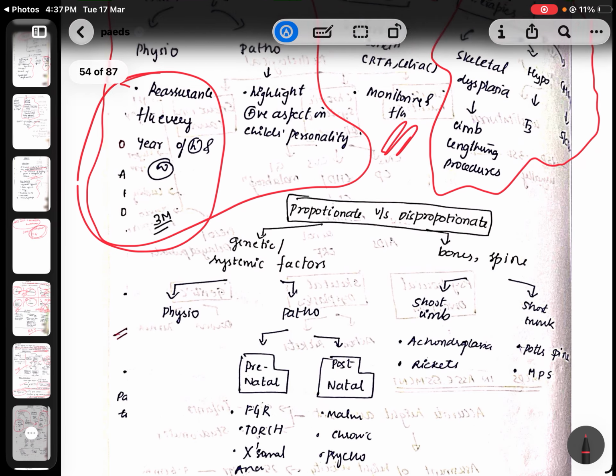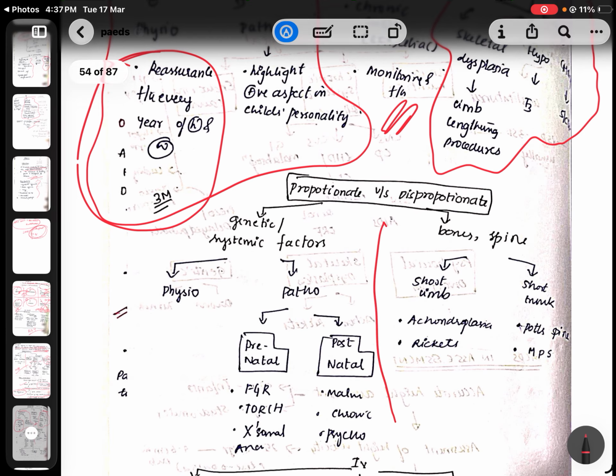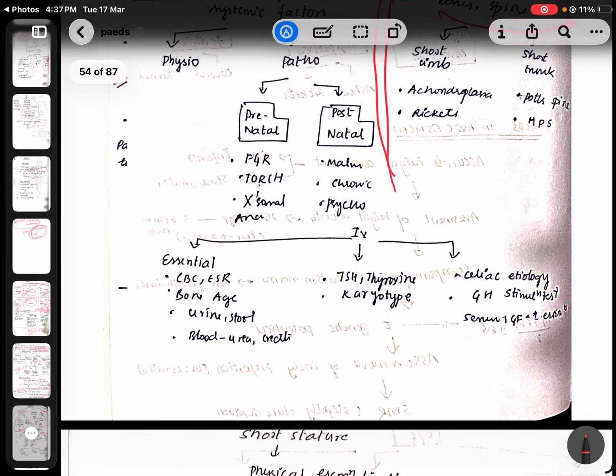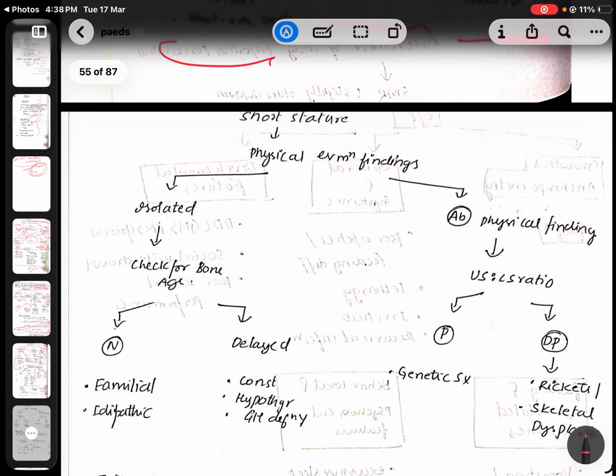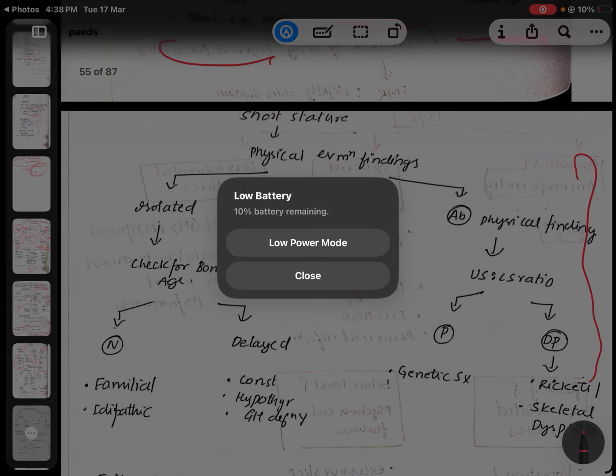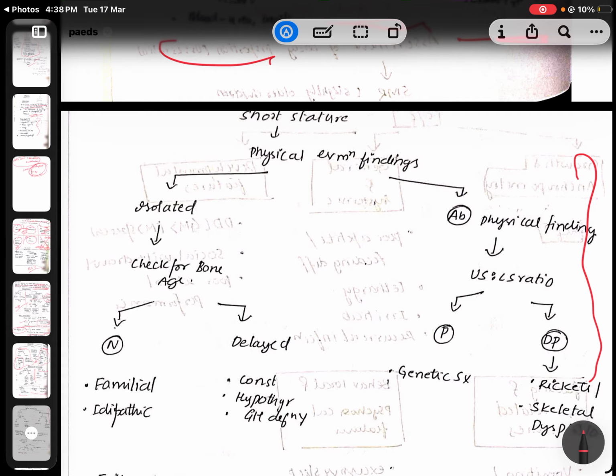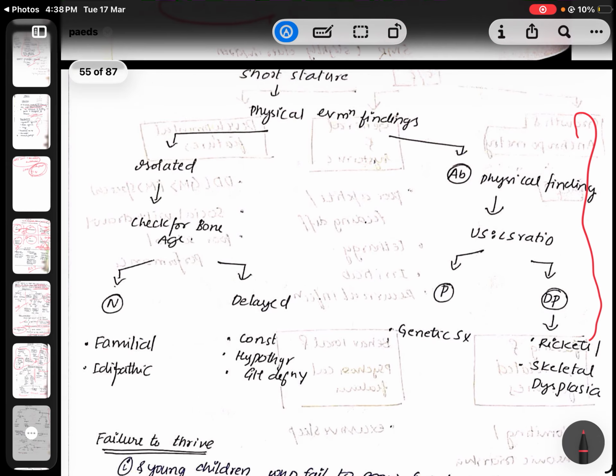Okay, and these are the causes of proportionate and disproportionate short stature. Basically, if it involves your bones and spine, it falls under disproportionate. Something related to systemic causes is always proportionate. Okay, you can mention that. These are the investigations which you need to mention. Okay. Again, how you go about it based on your physical examination findings is what they are expected to